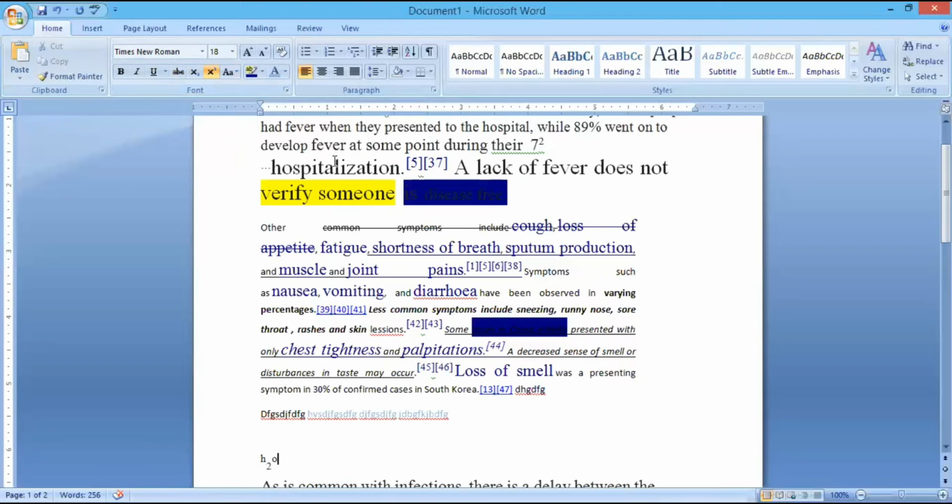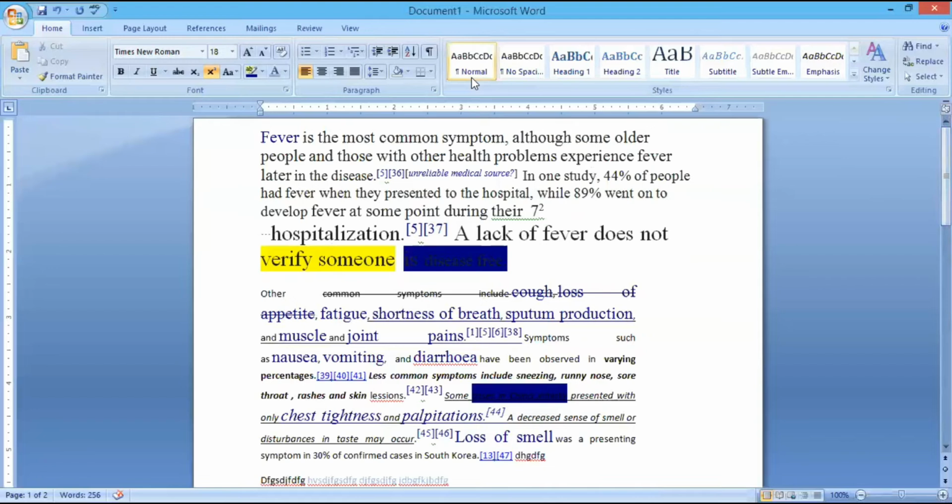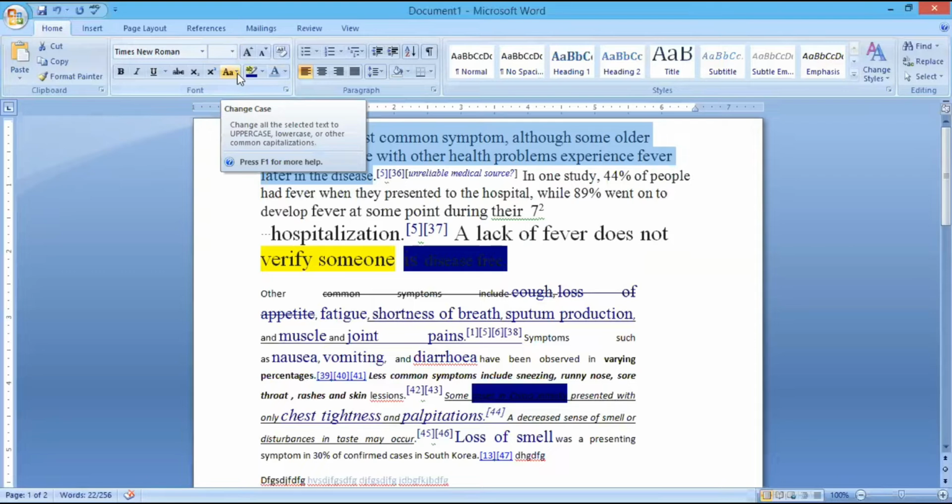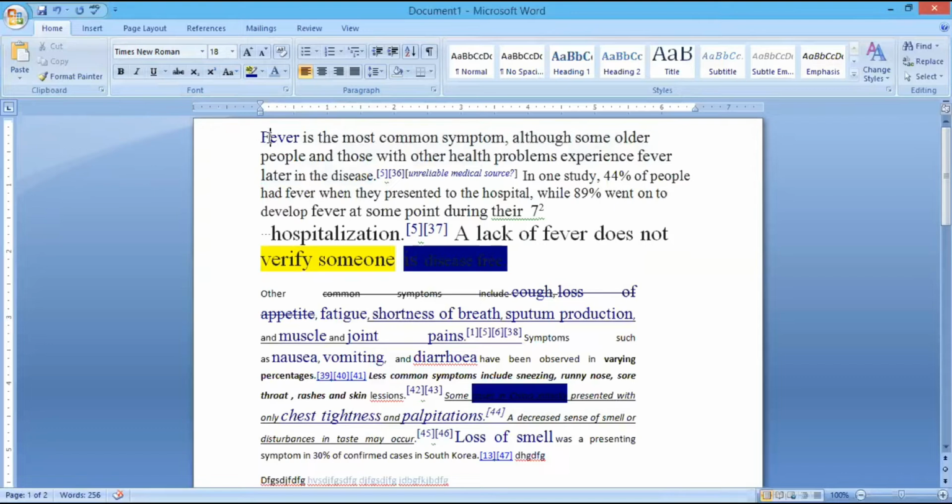Now we'll go ahead and see how to change the case. When I say case, it is nothing but the lowercase or uppercase, right? Say for example, I'm selecting this sentence here. Now I want to change the case, I mean uppercase, lowercase, all these cases. I have so many options here. Sentence case. Now we will see, select the sentence case. I clicked on sentence case. Already this particular sentence is having the sentence case applied.